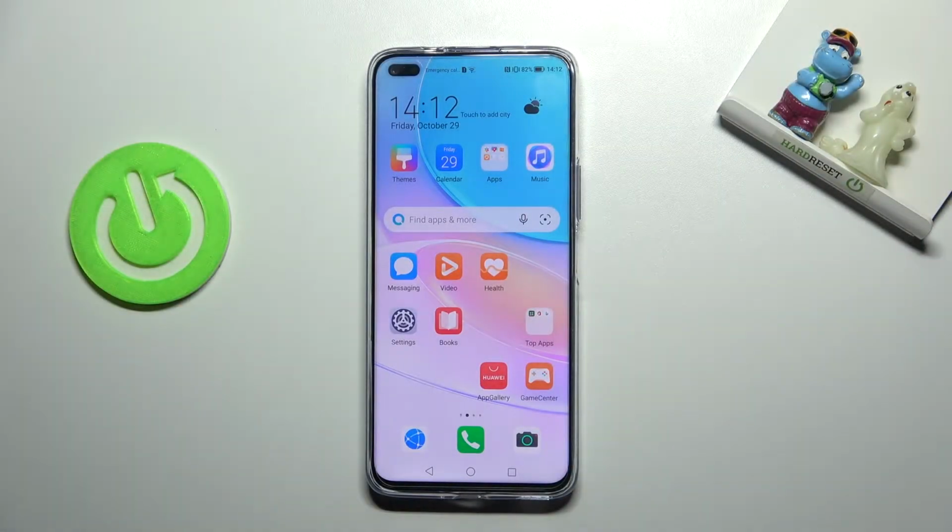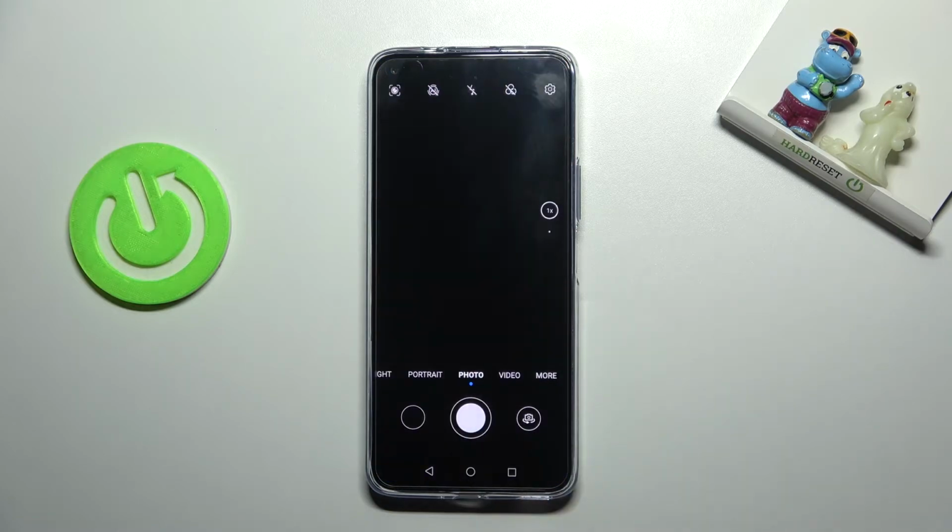Welcome, here I've got HUAWEI Nova 8i and let me show you how to turn on and off the camera mirror effect on this device. So let's start by tapping on the camera button to open it, and for now we are on standard photo mode